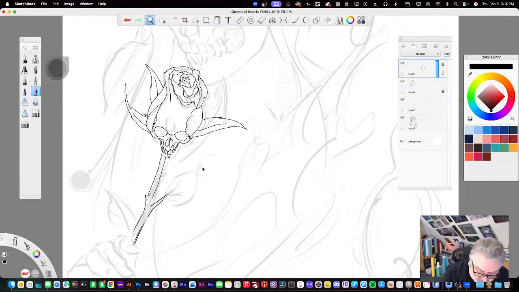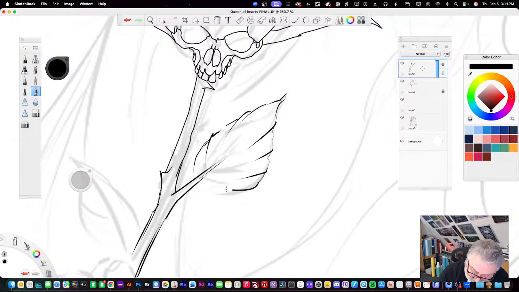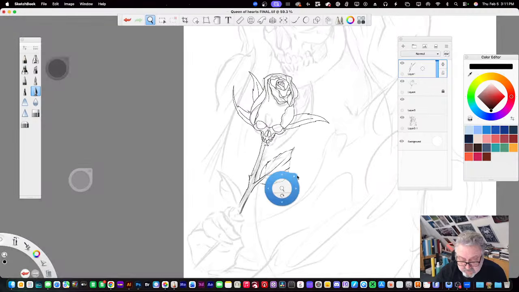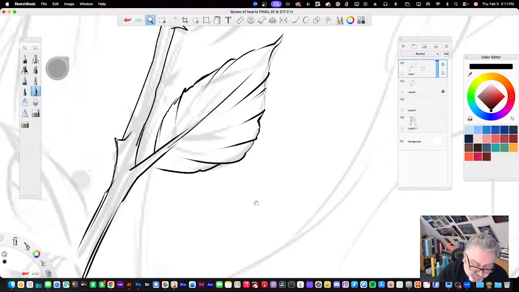I'm not going to make this the painting, so I'm still going to be a little sketchy with it. But it's just going to be cleaner than the original. You know, see, now that's something to work from. I think I can actually go a little bigger on this. And if I do decide to vector it, it's cleaner.